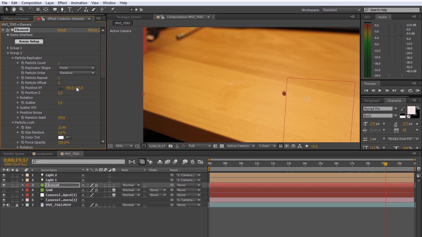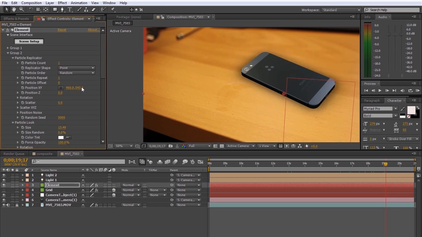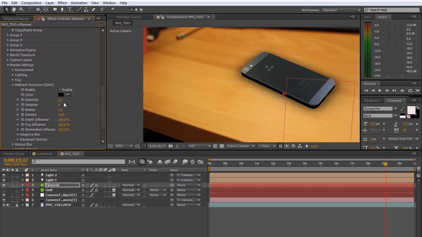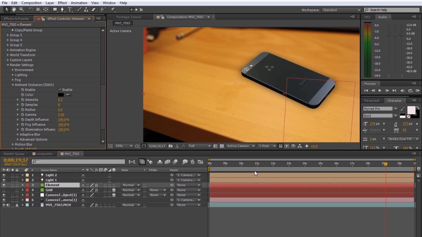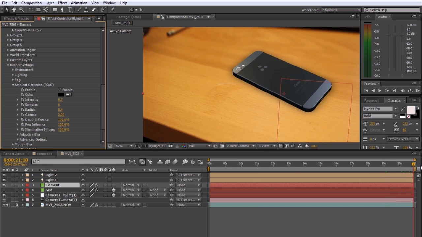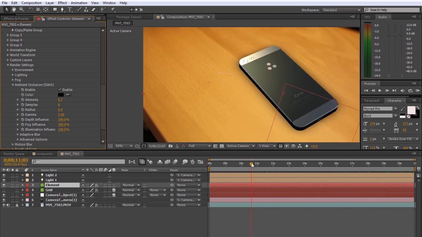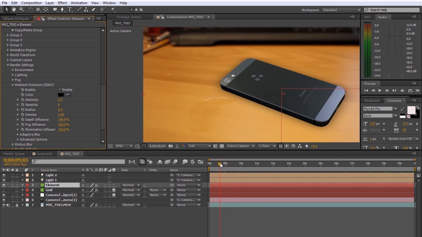Because otherwise it's going to cut it off like this, which is not good. So let's adjust this a little bit more. Radius down a little bit. Intensity down a little bit. Roughly like that. Okay. The last thing that we need to do is try and mimic the depth of field